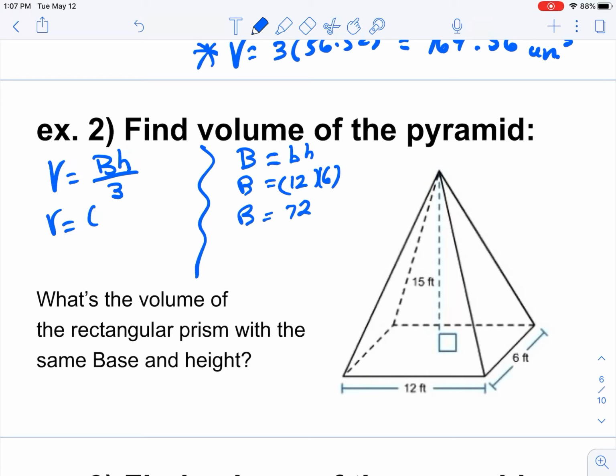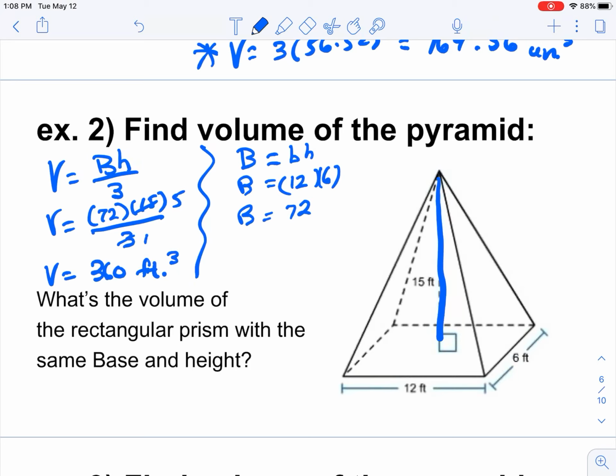Let's take that value and plug it in here. So 72 is the big B, area of our base, times the height. So the height of the pyramid is 15, all divided by 3. Again, I can't resist doing a little canceling. 3 goes into itself once, it goes into 15 5 times. So I'm just going to do 72 times 5, which is going to give us 360, and that is cubic